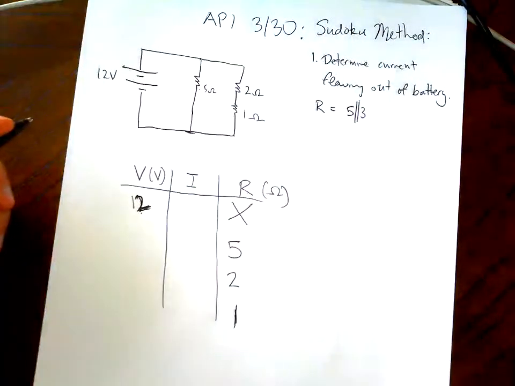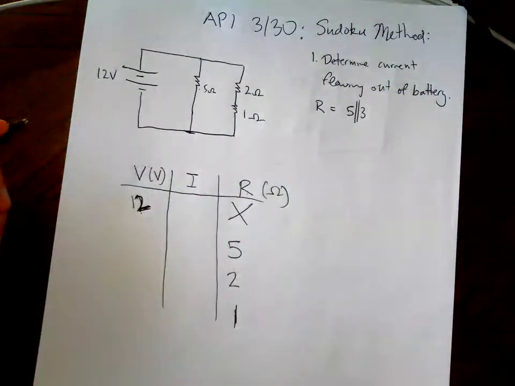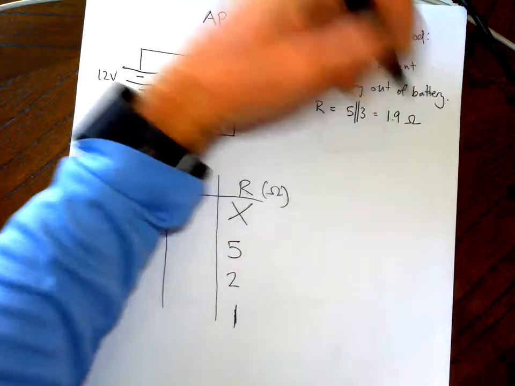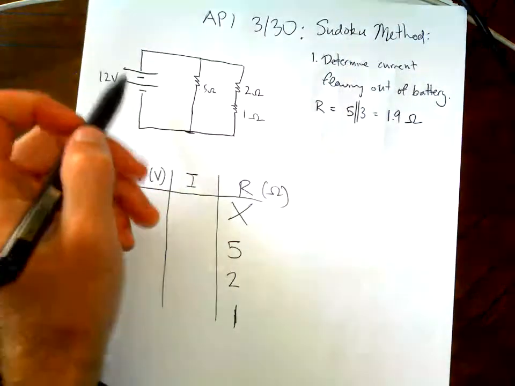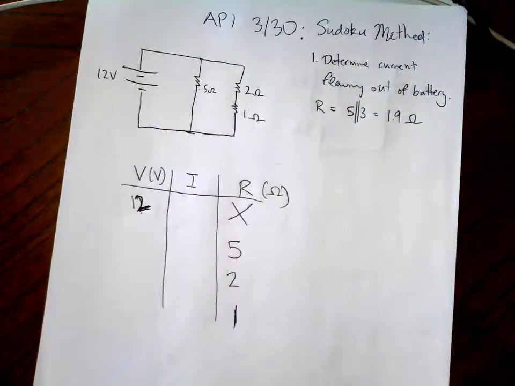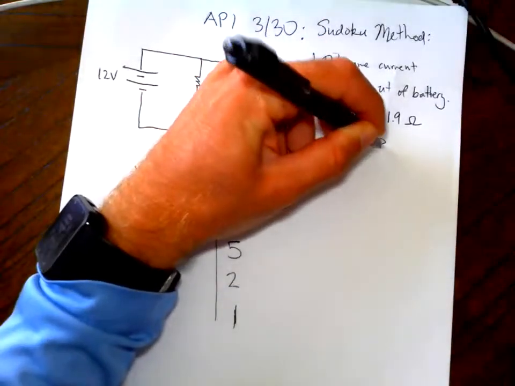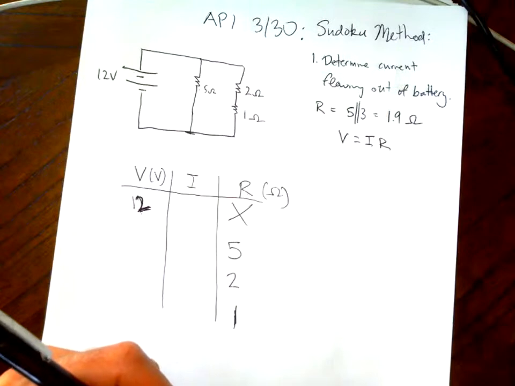I'm not going to work out the math for that since I've already done that a lot in the previous lectures, but rest assured that it is 1.9 ohms. So that's the resistance that the battery feels. Then we use V equals I times R, Ohm's law. The battery voltage